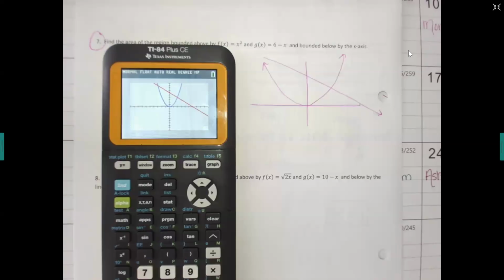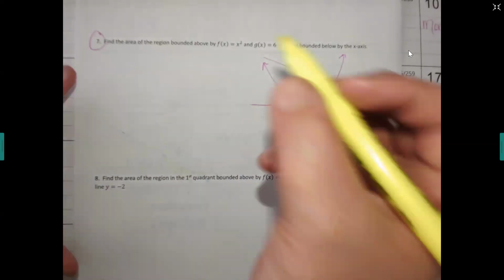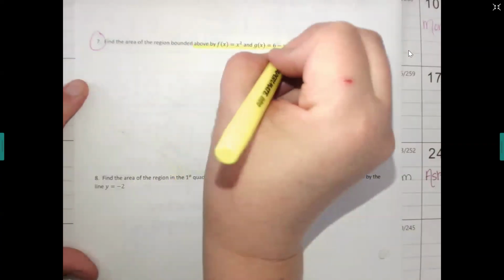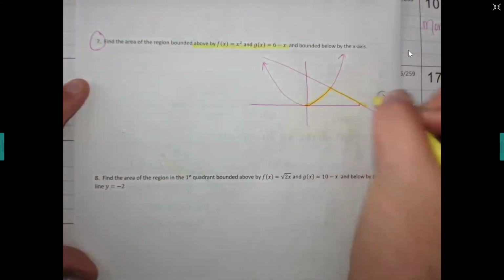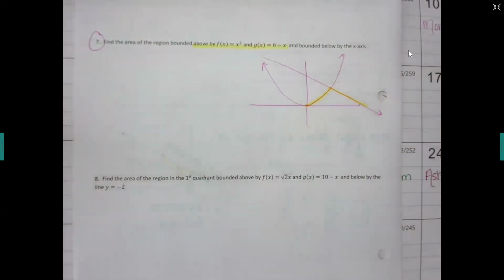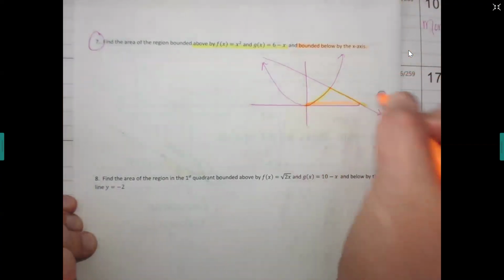It never says between. Here's what it says. I want to be bounded above by these functions. What that means is that those functions need to be the top of the region. And what does it say I want to be bounded below by? The x-axis. So rather than you staying between the 2 functions, they're going to take turns forming the top of